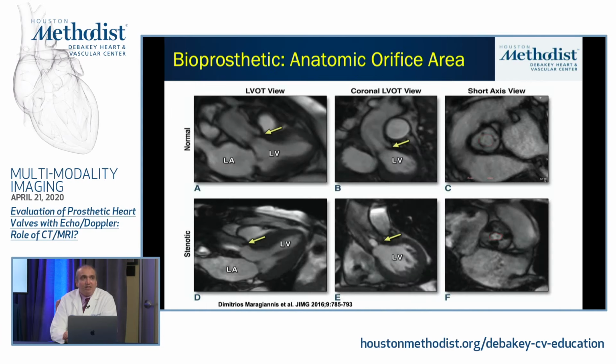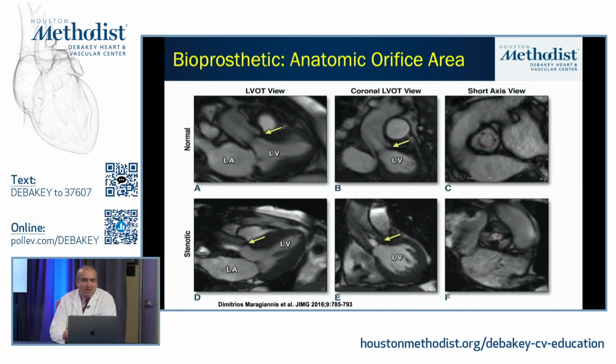First thing is for stenotic assessment, if we have a bioprosthetic valve, there's 2 key pieces of information that we're going to try to assess. One is, what is the anatomic orifice area? Again, that's going to be similar to what we would do for a native valve, as we talked about in a lecture a few months ago, where we're going to do a series of the SSFP cine images at the leaflet tips